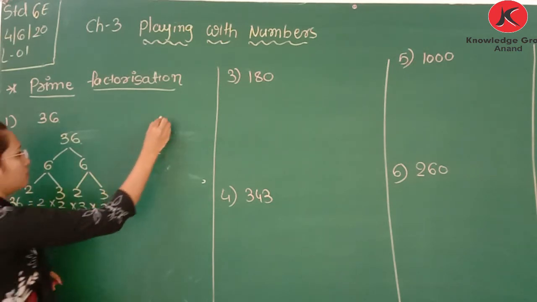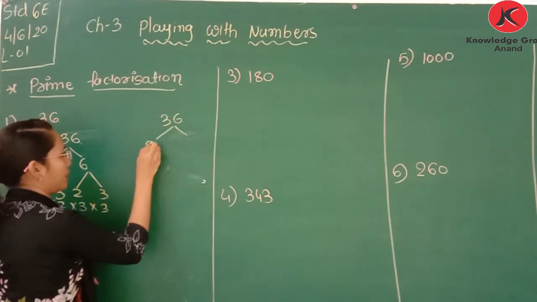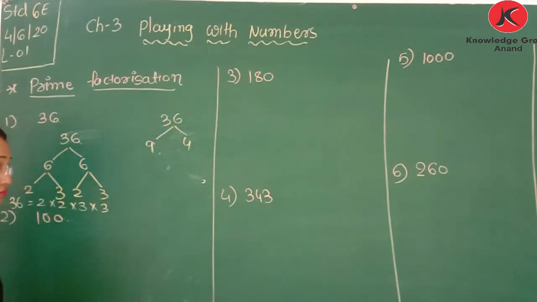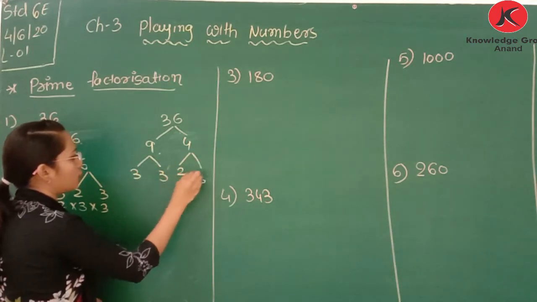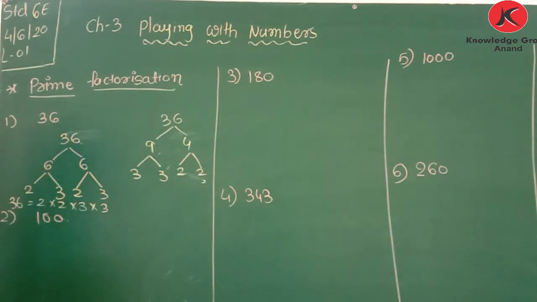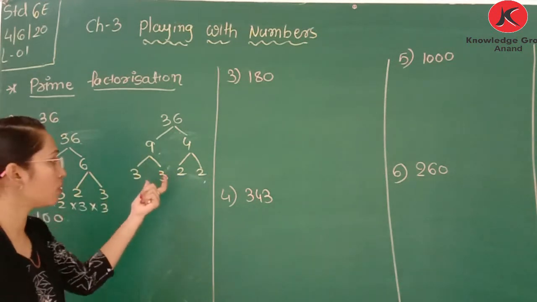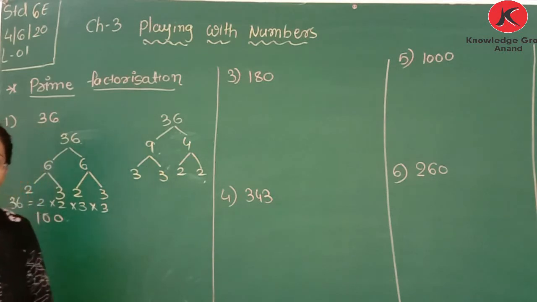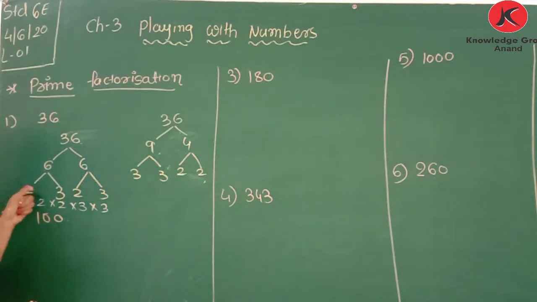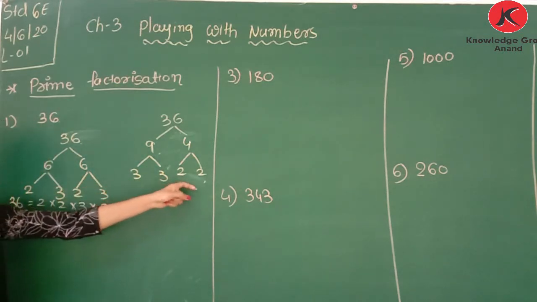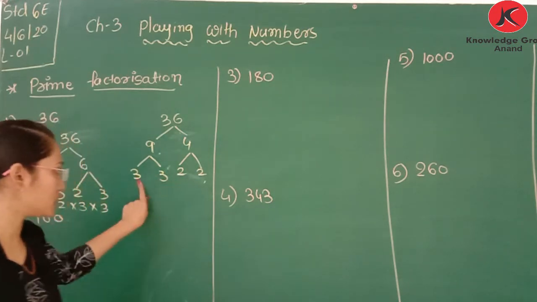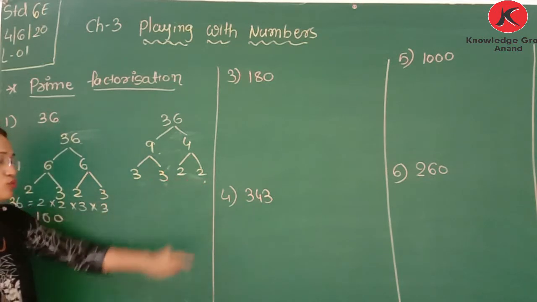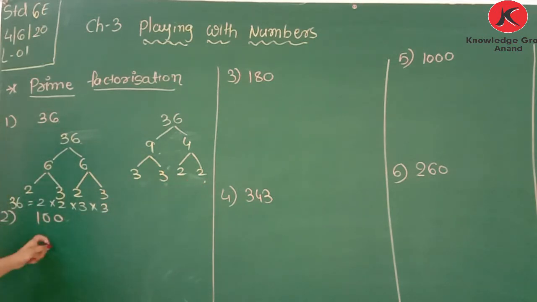Or you can write 9 4s are 36. Factor of 9 is 3 into 3 and factor of 4 is 2 into 2. You can also write 12 3s are 36. It depends on your method. Whichever way you factor, the last numbers that come must be the prime factorization. Now we cannot further factorize 3 and 2. 3 and 2 are prime numbers, so we cannot factorize them. That's why the factors are 3 multiply 3 multiply 2 multiply 2.